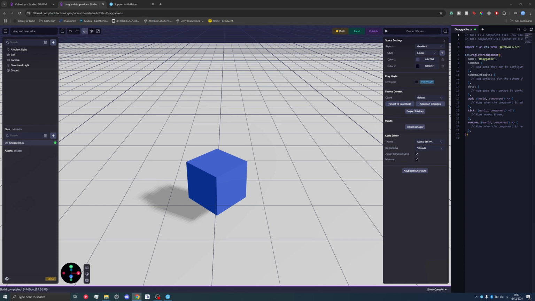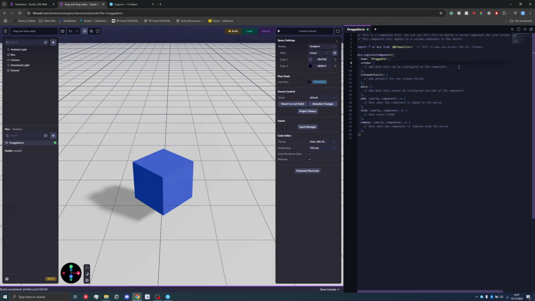This is a bit more work in progress since I'm trying to add the interaction of them following your finger. But since this is just an introduction, we are going to make sure it just stays in the middle and follows the camera. So, since it can follow the camera, that's probably the easiest way to start. We need to make a reference to the camera in the scene. For this, we're going to add a camera,